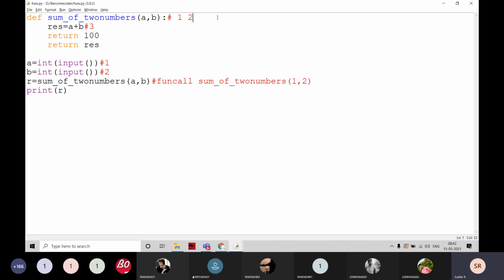When the function call is there, the control automatically moves to the function definition. Now it is going to be executed normally, and 1 plus 2 is equal to 3. And the next value after doing some operations, return 100. If the control reaches a return statement, immediately the control moves back to the function call.